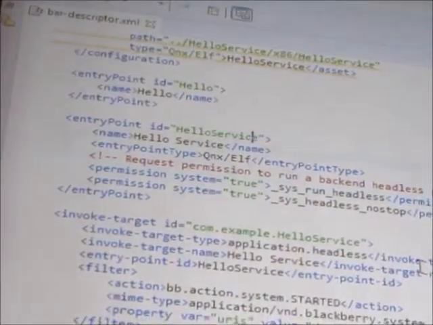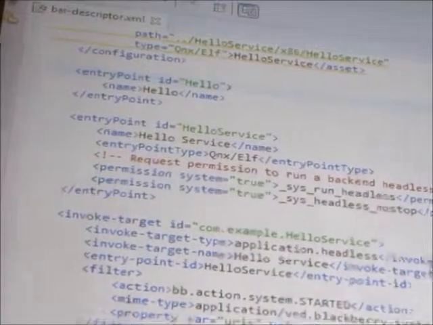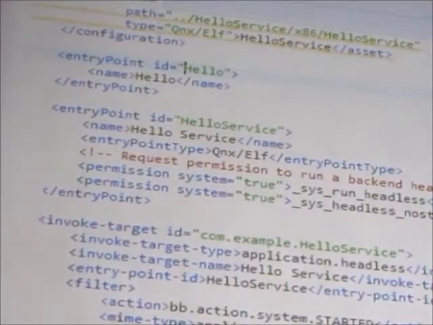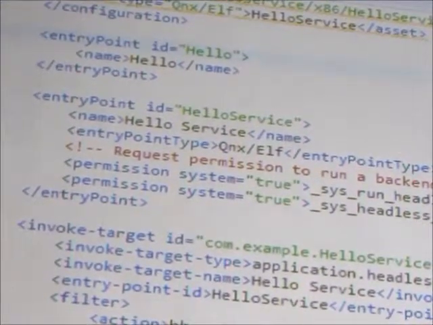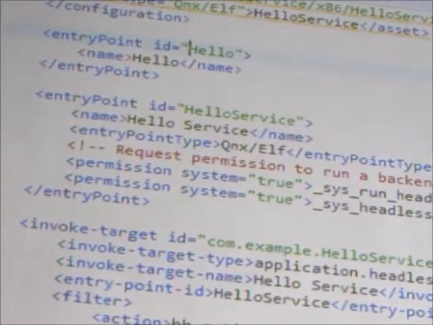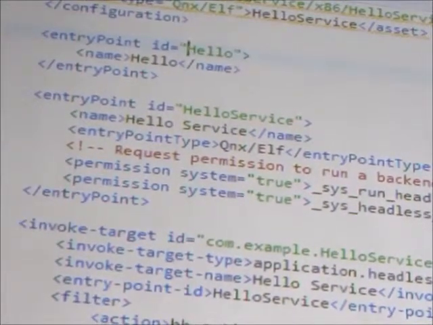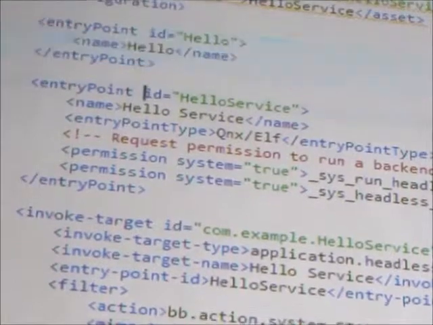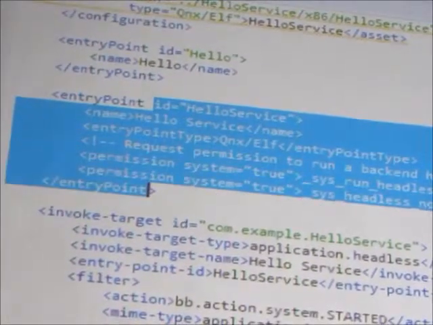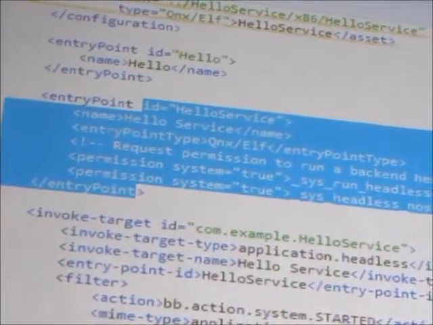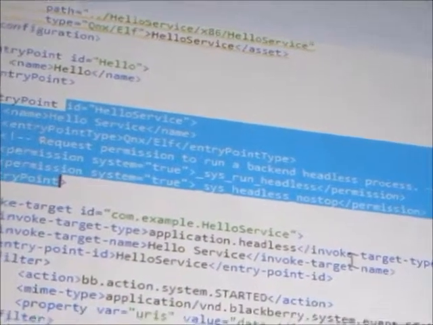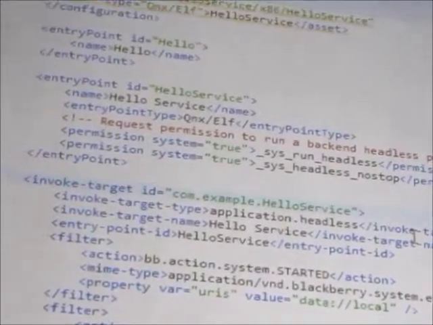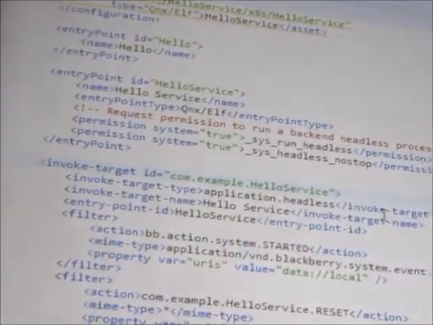There you go. As you can see, there are 2 entry points defined in this bar descriptor. So this bar descriptor is for the whole application package, including the headless project, because the headless project doesn't actually have a bar descriptor. So in this bar descriptor, we're defining 2 entry points, one for the UI and one for the service. And the service, as you can see, has 2 permissions, sys run headless and sys headless no stop. So with these two permissions,